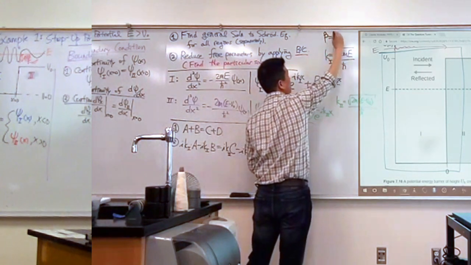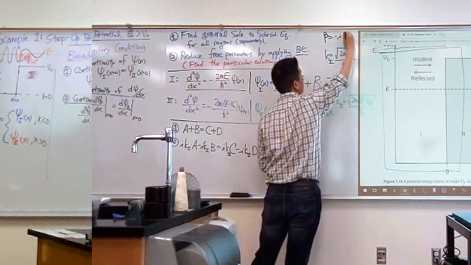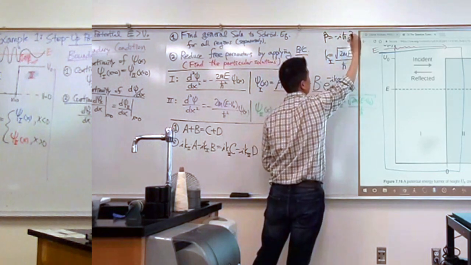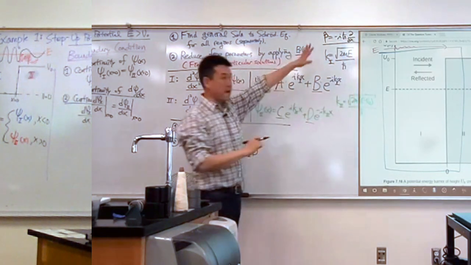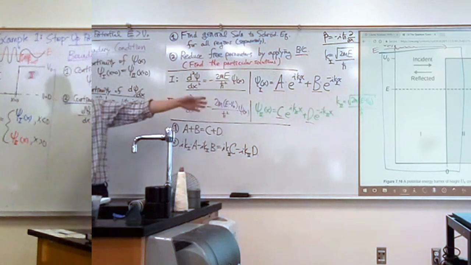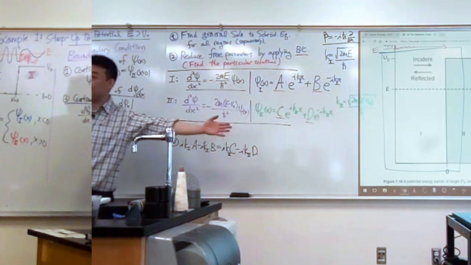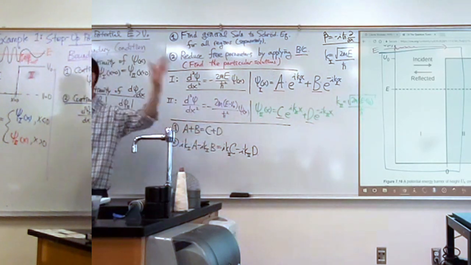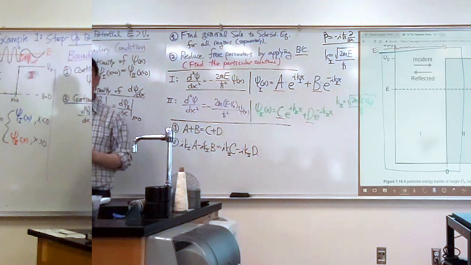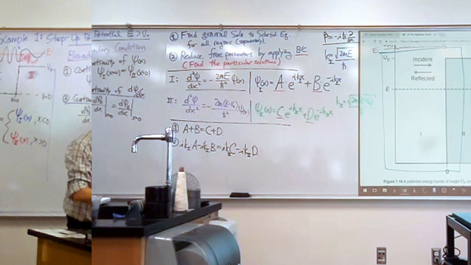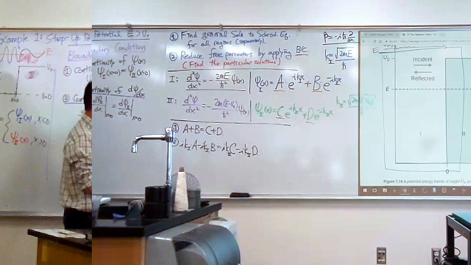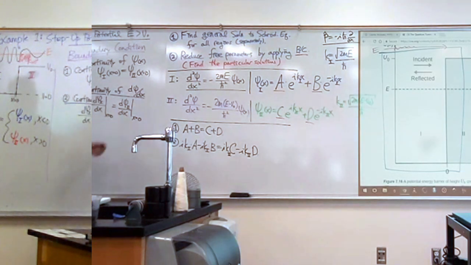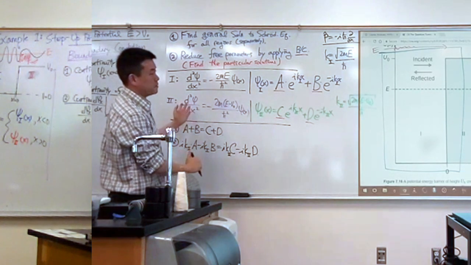Remember, this is the momentum operator, minus i h bar derivative with respect to x. So if you apply the momentum operator and you get positive momentum, that means it's moving to the right. If you get negative momentum, that means it's moving to the left. So by focusing on that very particular situation, we can say, all right, my incoming particle is,